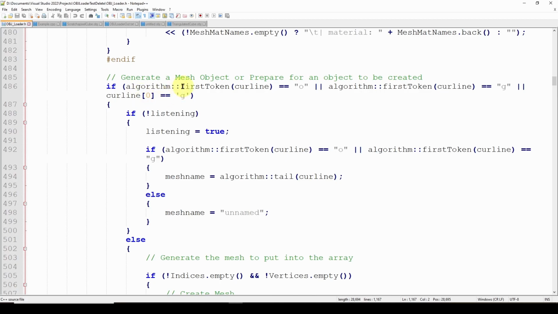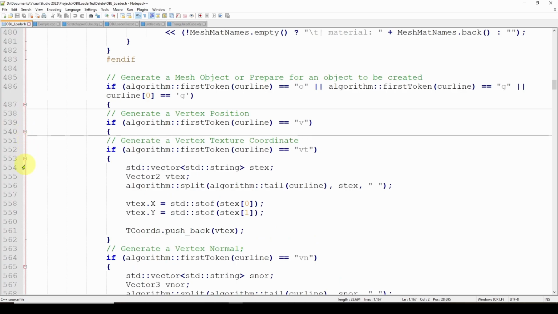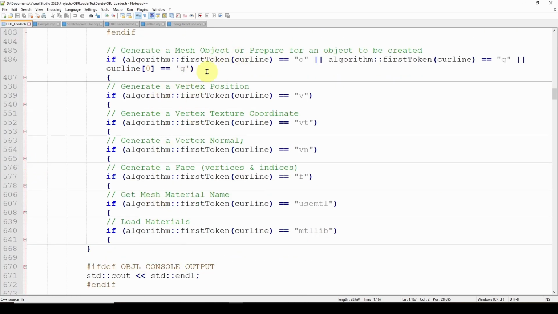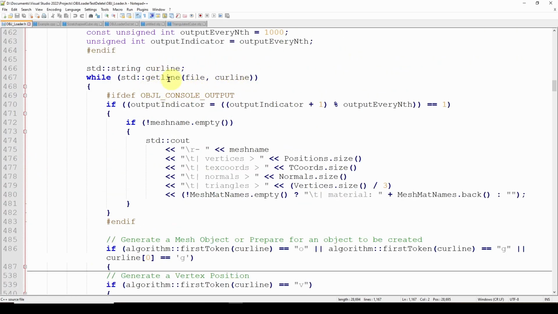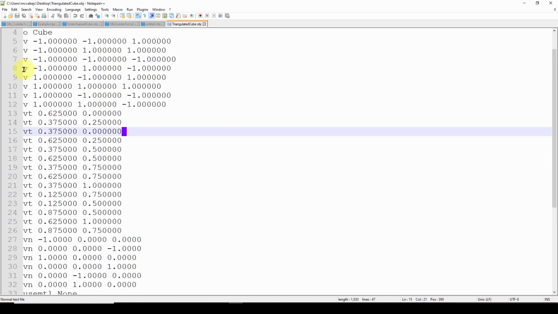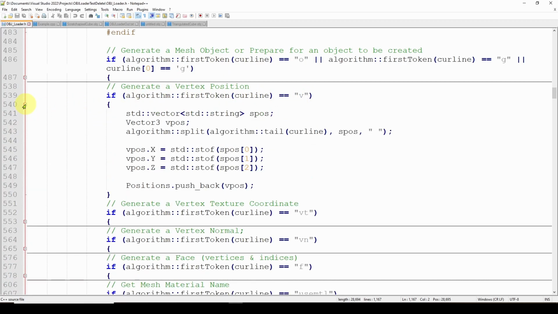And then here what we're going to do is there's a group of if statements that parse the input object file. So in this while loop, while it's still getting a legitimate line, it checks the first character in the OBJ file. So it's checking these first characters in the object file. If the first token is an O, which means it's going to have the name of the object, then do one thing. If it's a V, which means it's a vertex, you go through and you do,